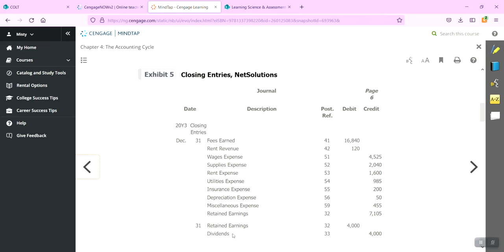So note that the terminology could throw you off a little bit too, because the reason they're using dividends and retained earnings here is because this is a corporate scenario. The corporate scenario is going to say dividends instead of withdrawals or cash draws, and retained earnings versus that owner's capital account. So it's really the same function. The capital accounts just have different names in that corporate scenario than what they have in the sole proprietorship scenario that we're working from in our final project.